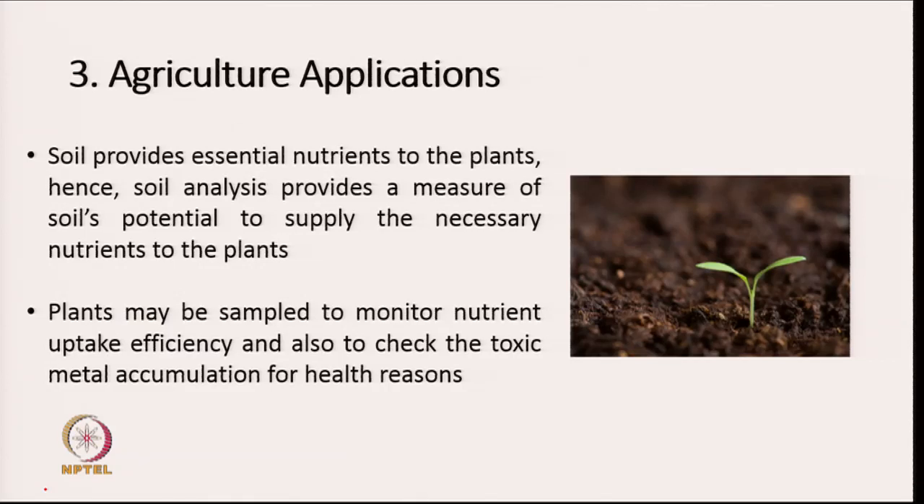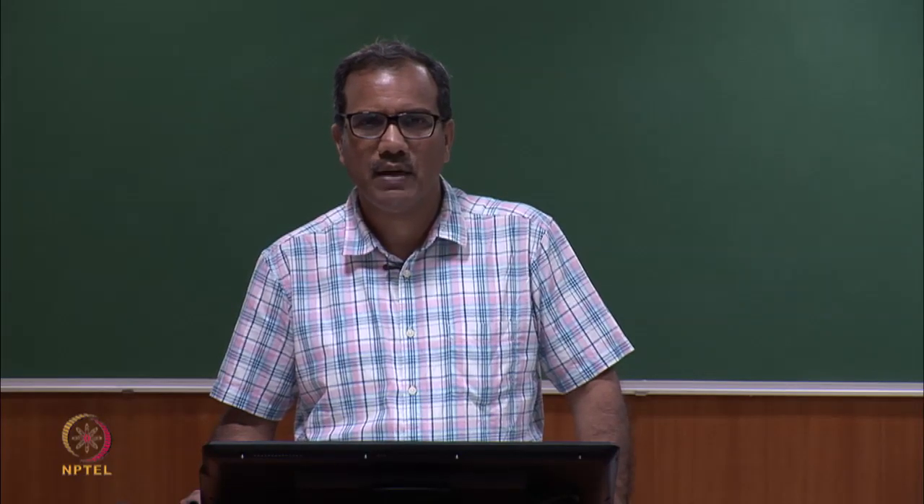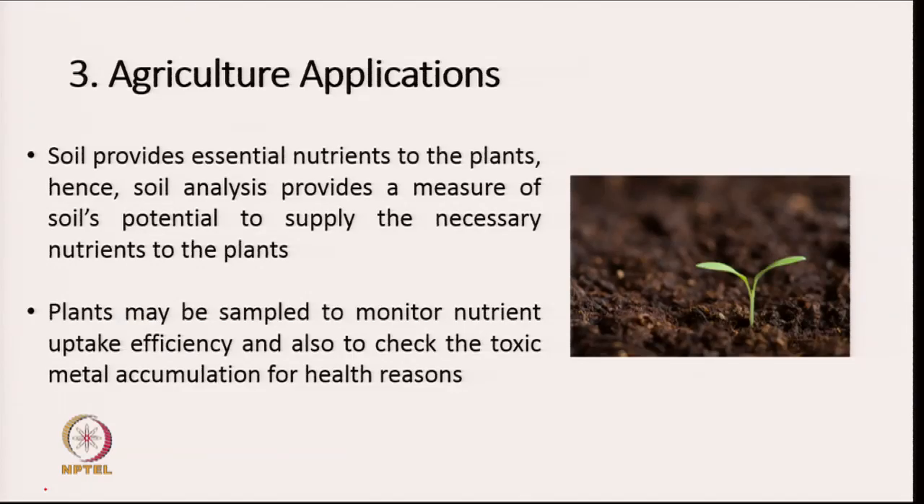It is also well known that different kinds of plants require different kinds of essential nutrients, and so if you analyze soil, you will be able to tell which kind of crop is suitable to the kind of soil which a place has. Plants can also be sampled to monitor nutrient uptake efficiency and also to check the toxic metal